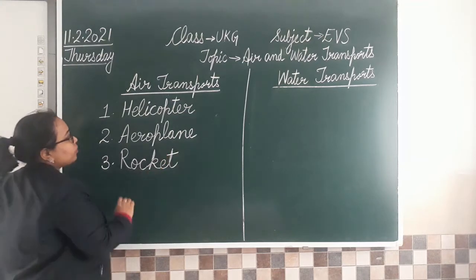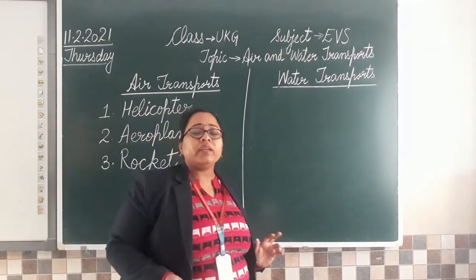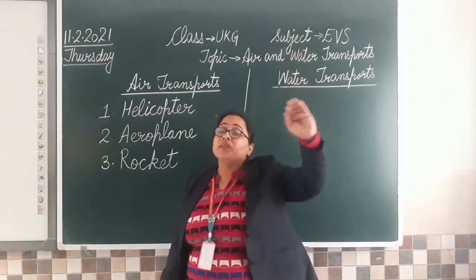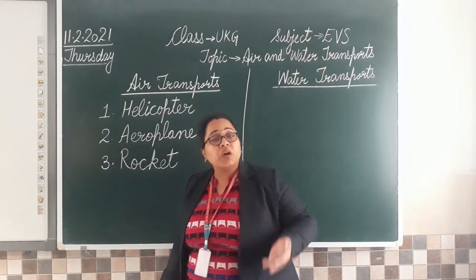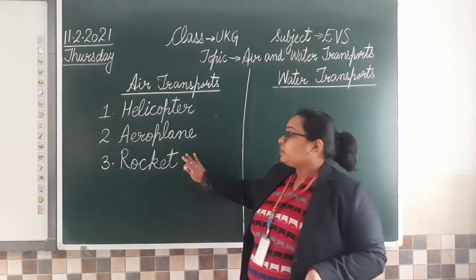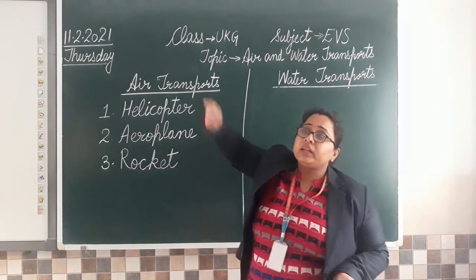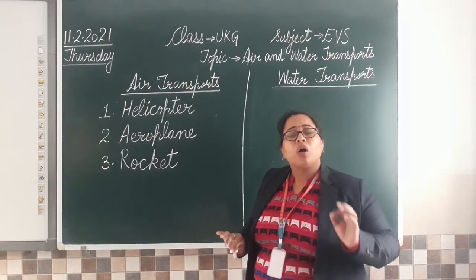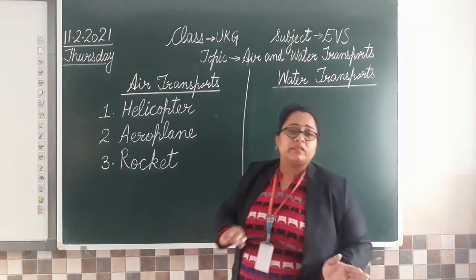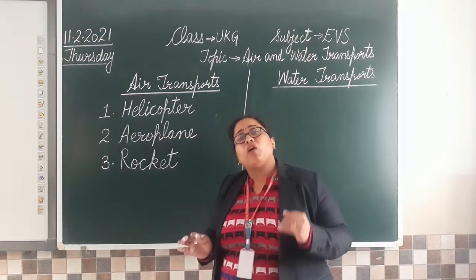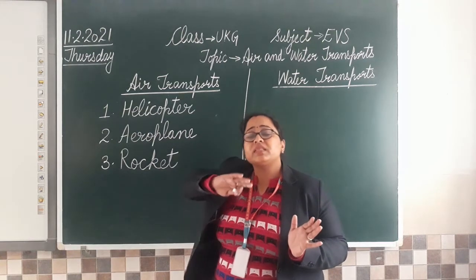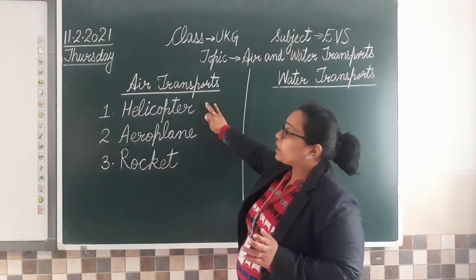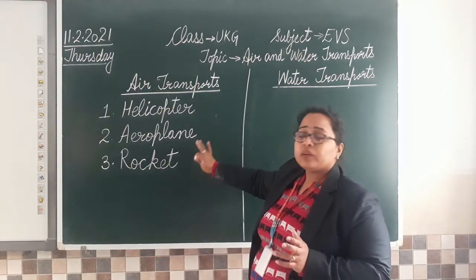How are we going to write it? Rocket. So can anyone tell me who uses a rocket? The scientists, when they have to visit space. When they have to go to space and do some research work, what do they use? They sit in the rocket and the rocket takes them to space with such a speed you can't even imagine. Very fast. Whichever scientists want to go, they seat them in the rocket and launch the rocket, then it takes the scientists to space. Is that clear? So we have learned helicopter, aeroplane, rocket.